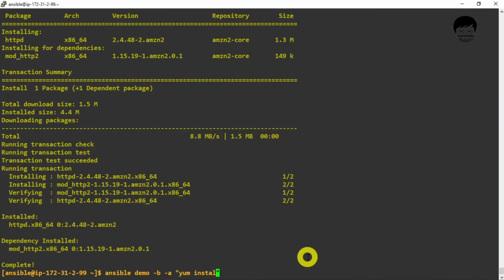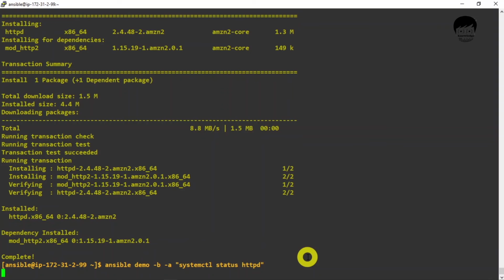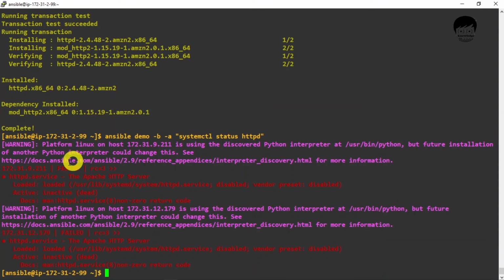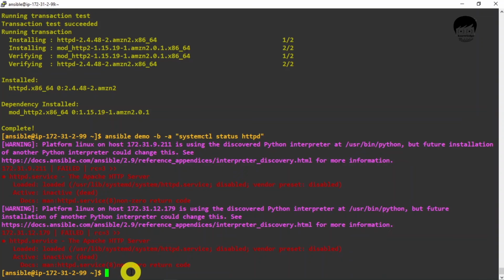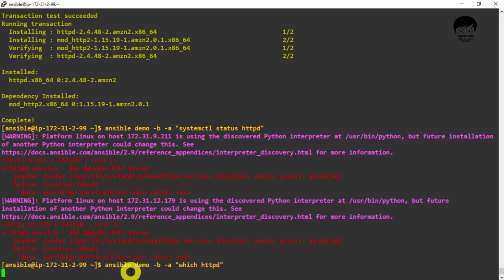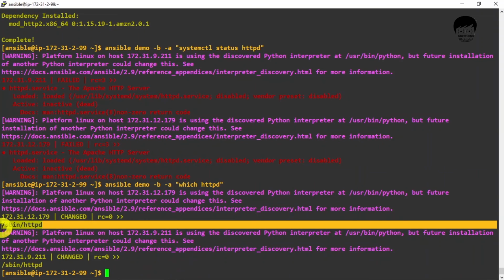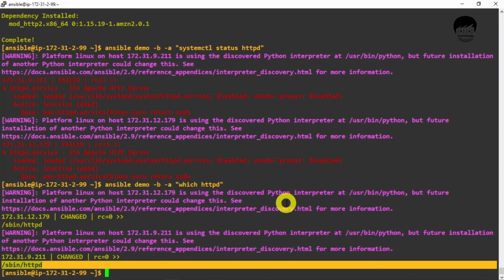We'll just hit command, whatever Linux command we are trying to use individually, we can use the same command for all the servers. So systemctl status httpd. Okay, you can see here that active and active. Even we can check by another way also. We'll just check which httpd, it will show the path sbin httpd, sbin httpd, and we can cross check.